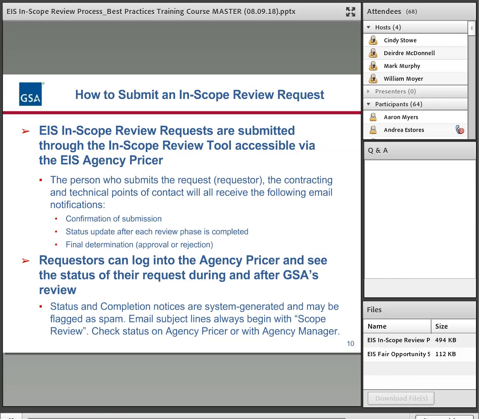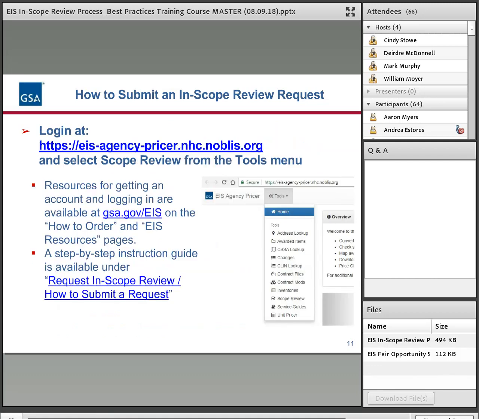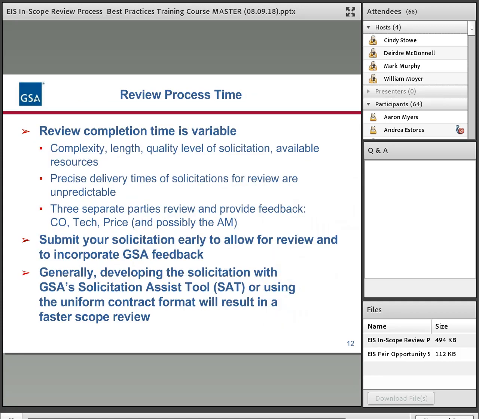So that is the tool, and it provides a record of all the steps that went through, and again, you can get your documents back with all comments embedded. If you have any trouble using the tool, anything of that nature, there's of course a help desk. Some agencies also ask their agency manager to submit for them, which can be done.